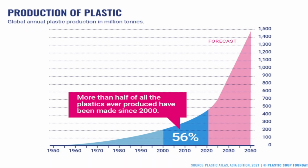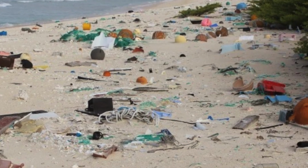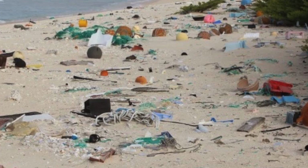In 1960, worldwide plastic production was just getting started. By the year 2000, production was at about 200,000 tons per year. By 2020, it had increased to 450,000 tons per year. And by 2050, it is projected to be over 1,400,000 tons per year. But with the increased use of plastic, there has been an increase in plastic waste, and